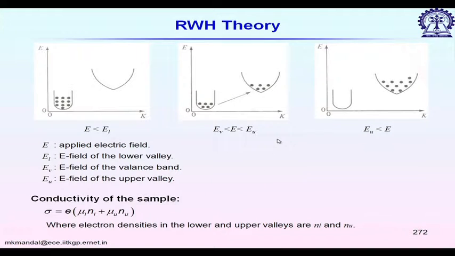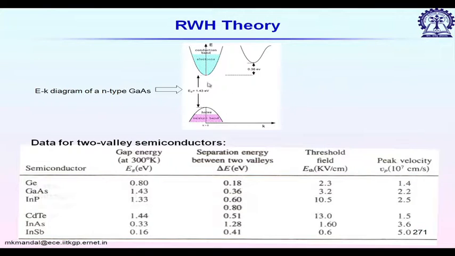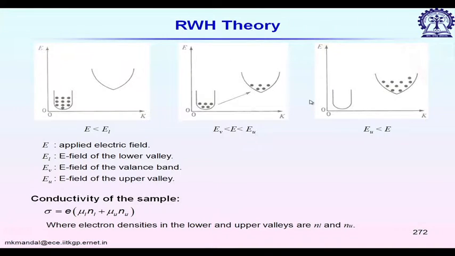So, looking at the working principle, we see that it should have two valleys. Not only that, the separation between the first valley and valence band and the first valley and second valley should be different, and for the second case it should be smaller than the difference between valence band and the first valley, otherwise it will not happen. And not only that, there should be a difference of effective mass, so that we will have different velocities for